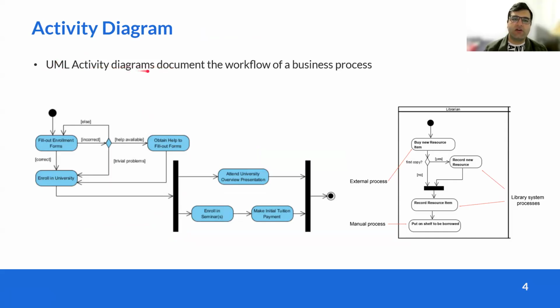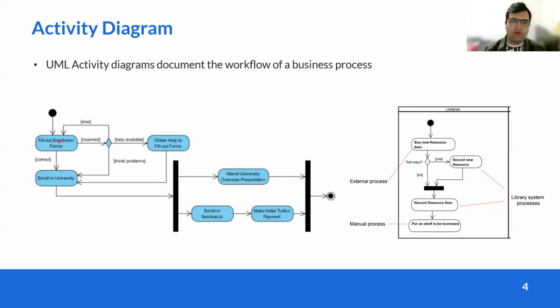And activity diagrams document the workflow of a business process. It gives you an overall view of how things are going to play out. So you have a starting point, which is the black dot, and you have an end point, which is the bullseye. So for example, if you have a university application system, you start off and someone fills up